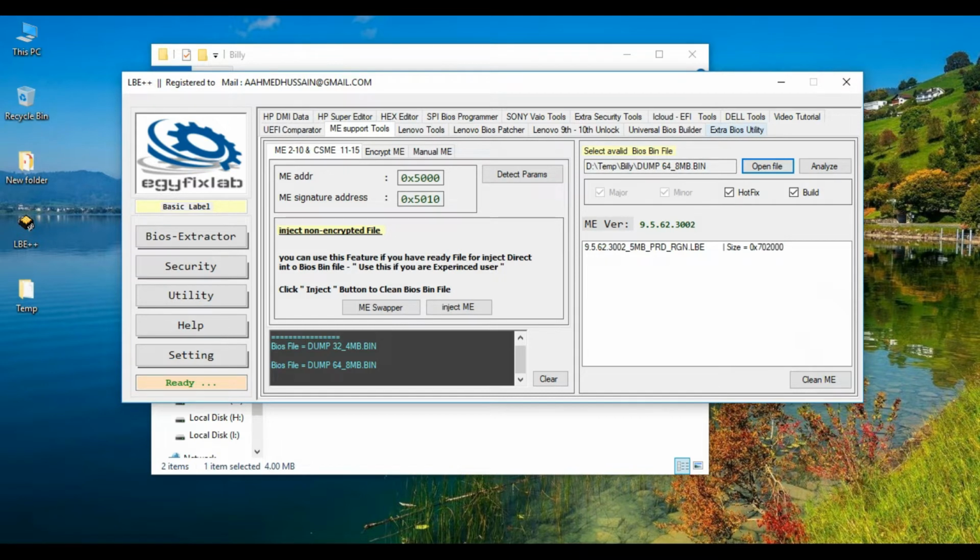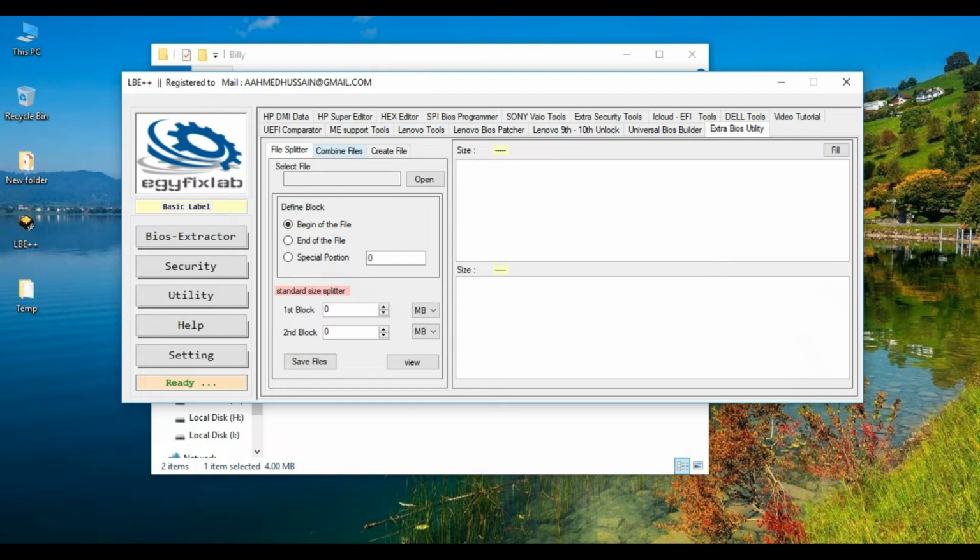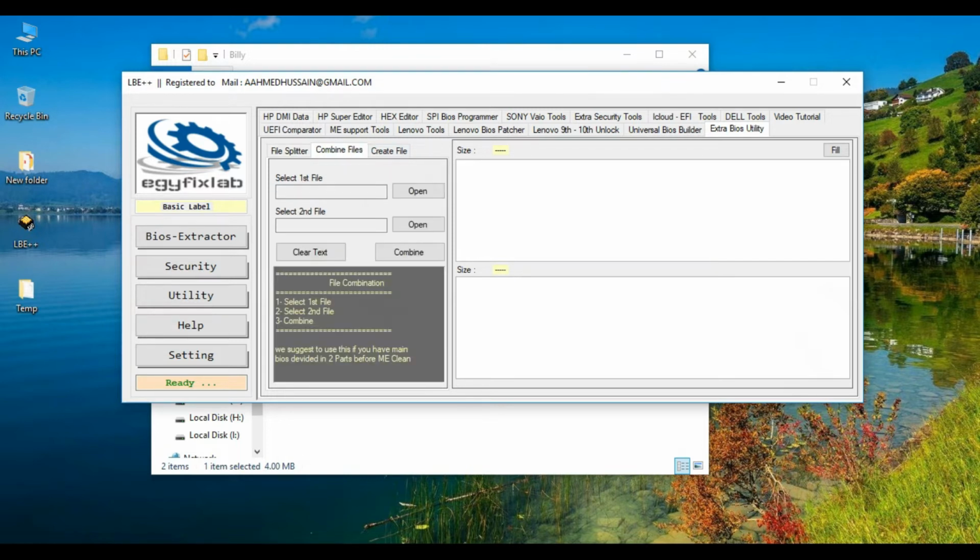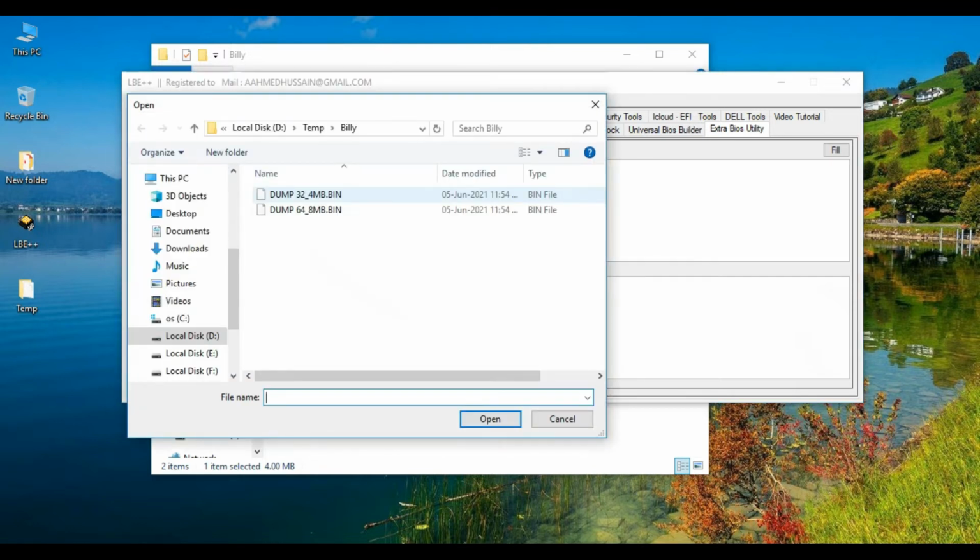Okay, first we combine both files. Go to extra BIOS utilities, file. Here there are three menus: file splitter, combine files, create file. Go to combine files and select the first file. Open. First we select the 4 MB.